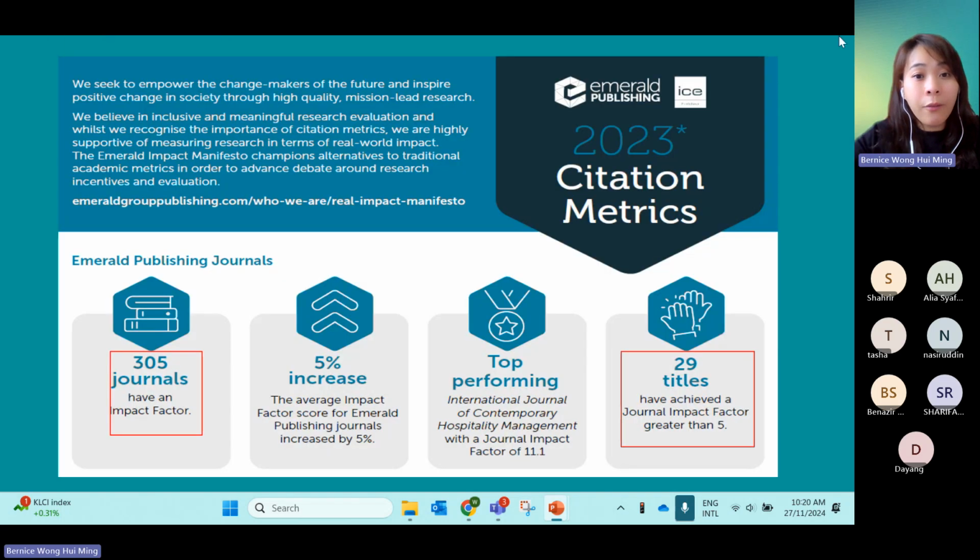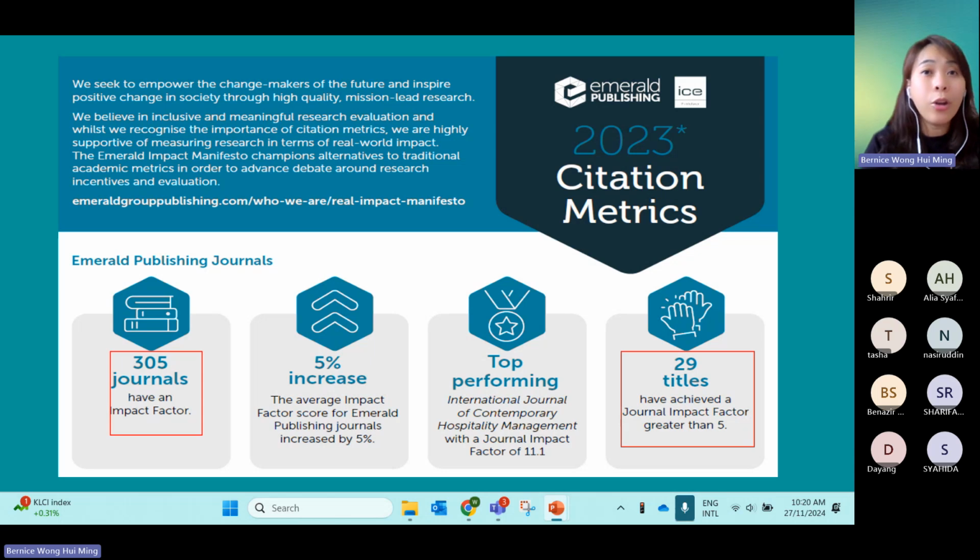So we have 310 or 311 journals. Out of these, 305 journals have an impact factor, and 29 titles have achieved a journal impact factor greater than 5. Sometimes we share with our participants or audience that we do provide free publication, and sometimes the authors or participants will ask whether your publisher ranking is in Q1, Q2, because there are some requirements for them to publish the paper.